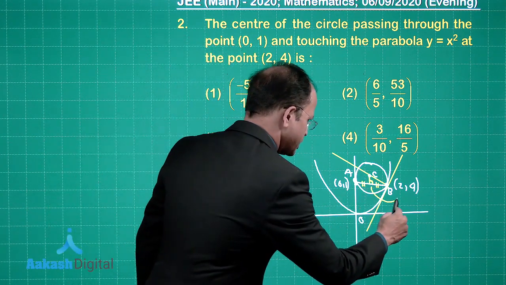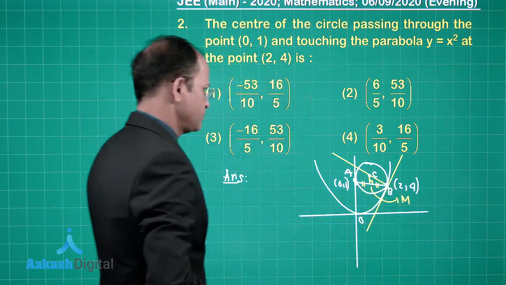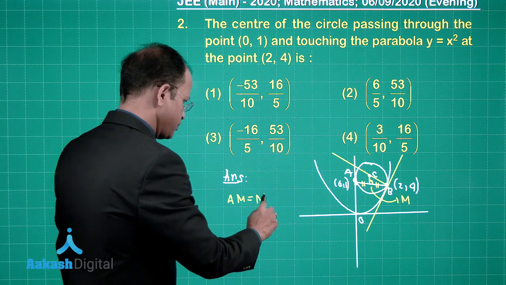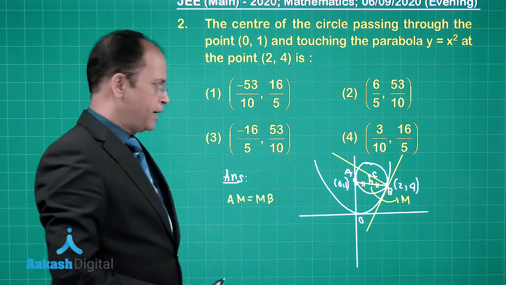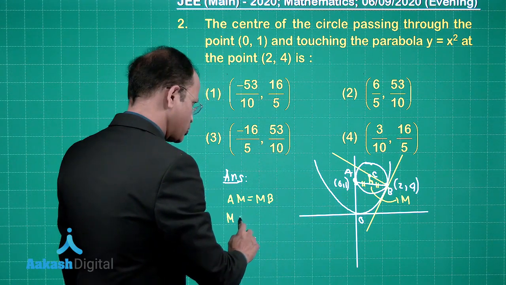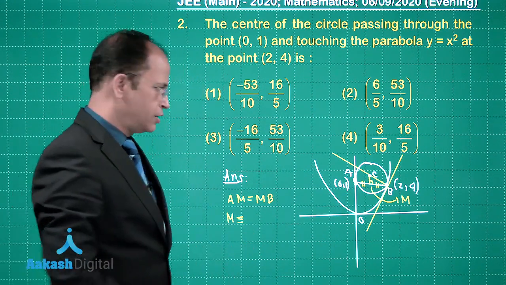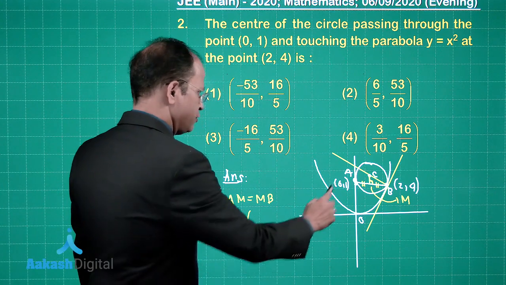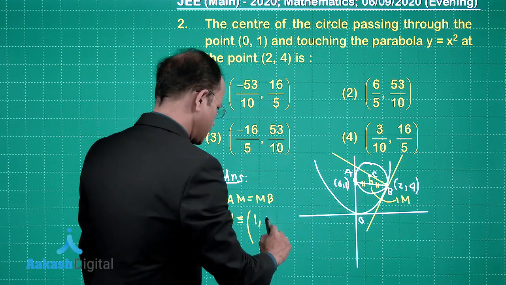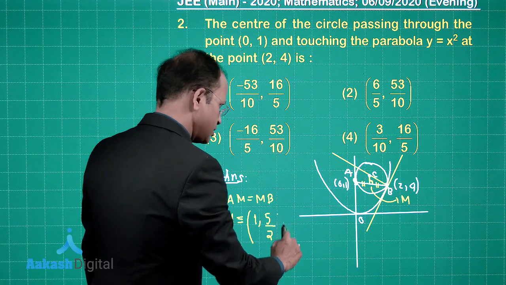The perpendicular dropped from the center divides the chord into 2 equal parts. So this is going to be, say, M suppose. So what do we have? We have AM is equal to MB, isn't it? This is what we have. Now, if I talk about M here, so M is going to be the midpoint. So what is the midpoint we have? We have 0 plus 2 by 2, which is coming out to be 1. 1 plus 4 by 2, that is 5 by 2 we have. This is M.